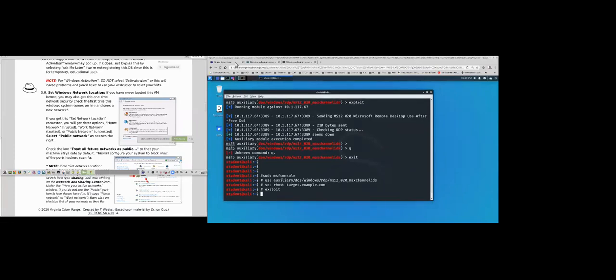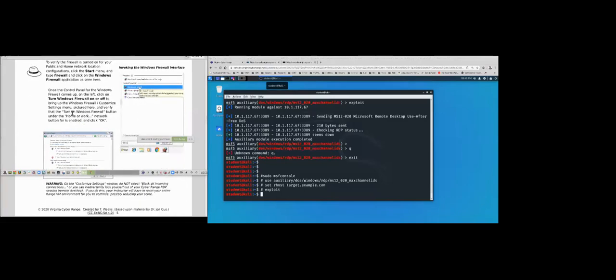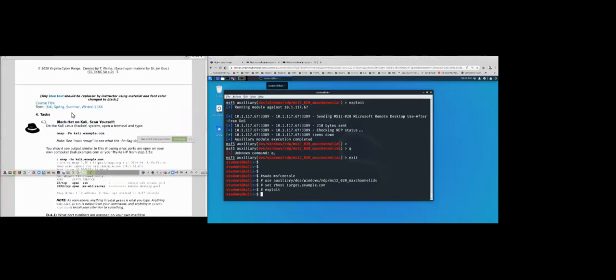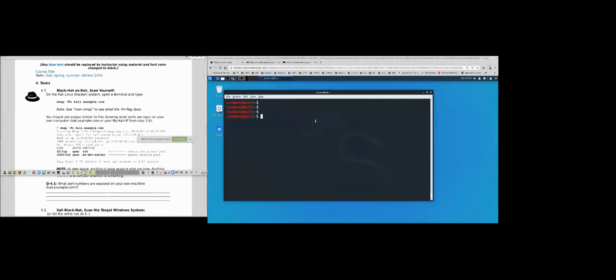All right, so I want to get back into the flow of the class. So this brings me down to the step. We did that. Step 4.1. So let's go ahead and let's scan ourselves. This is where the black hat's going to start exploring a little bit. So black hat does a